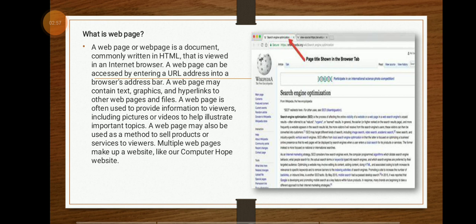So, the explanation for this: a web page is a document written in hypertext, also known as HTML, that can be seen online using a web browser. Like we can use Firefox, Chrome, Internet Explorer, and Safari. There, we can search any